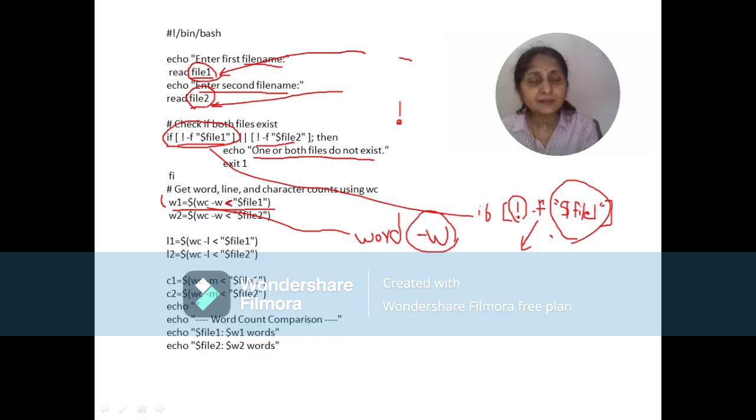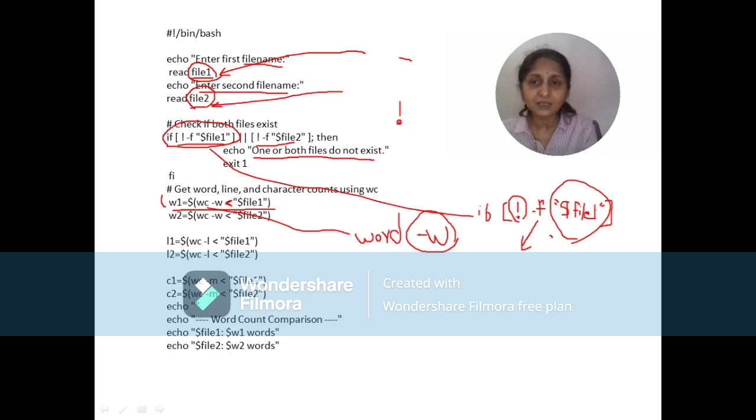The contents of the file in our variable file 1 will be given as an input to the command wc -w. This command will read the file and calculate the number of words, for example 100 words, 50 words, 20 words. Whatever the number of words, that will be stored into the variable W1.